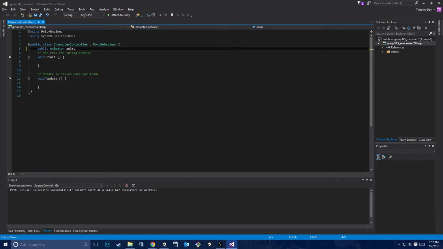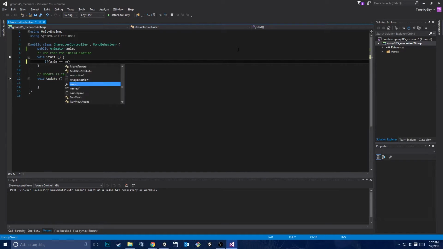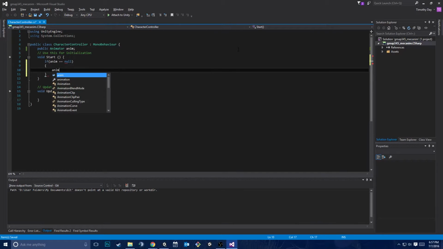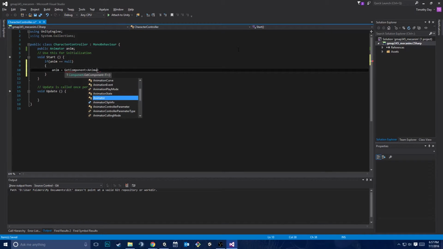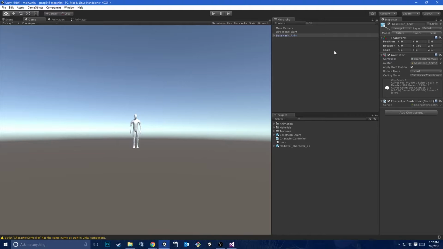All right, and then in Start, I'm gonna just check if this is null. Just say GetComponent Animator. I don't like linking things through the inspector after a while. It just gets lazy. But now I could link it through if I wanted to, but I'll just leave it blank. Right, so now if I hit play,